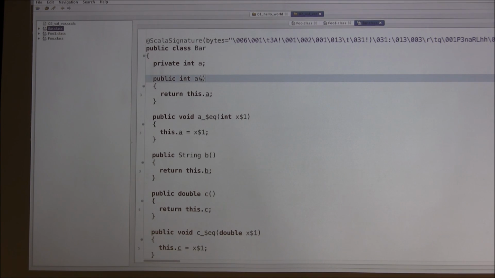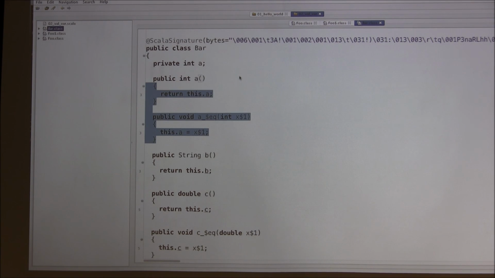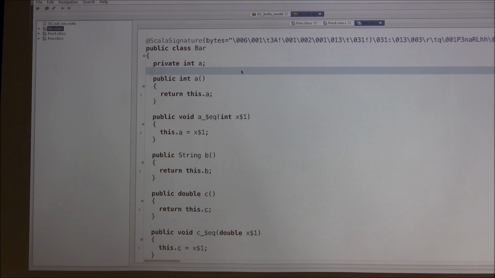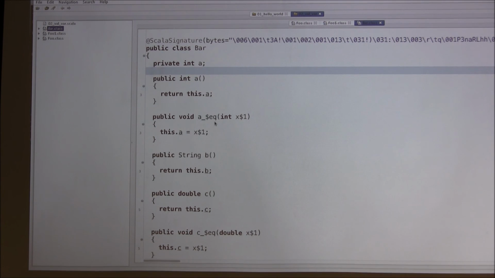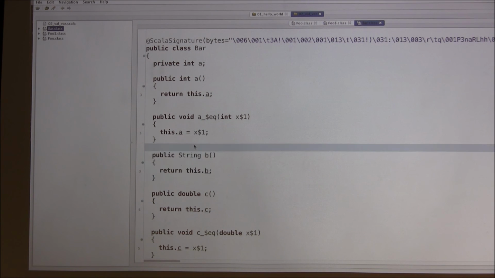But the thing is, in Scala, all of our getters are going to be calling our getters. So the Scala compiler is generating basically a getter and a setter for every var that we have. Because this is a var, which means that we can modify it. B doesn't have that. So you have no avenue to go set that method, or that field, which is nice. So it's auto-generating. Now we knew that from our vars and vals, but now we can see how it's implemented. And of course there's $equals, so there's all kinds of weird